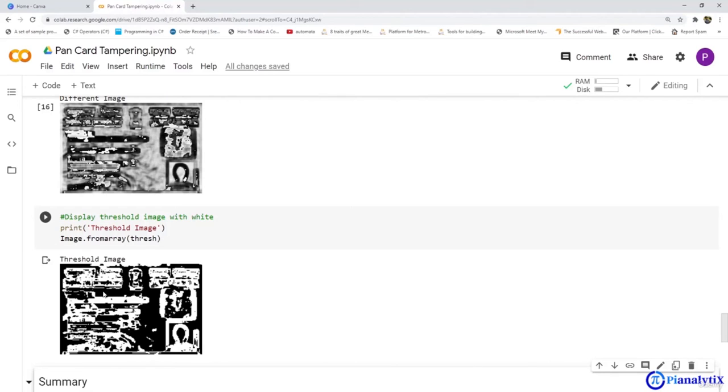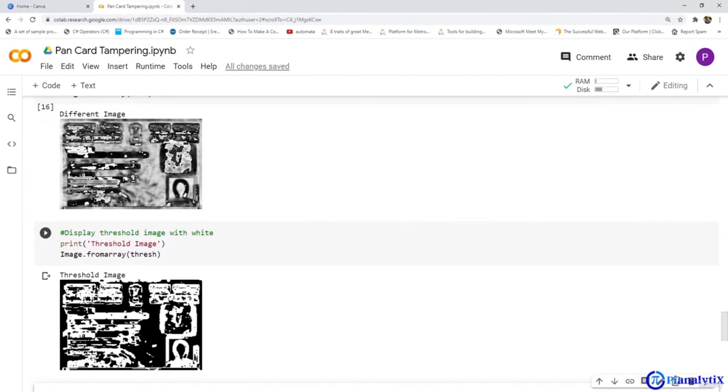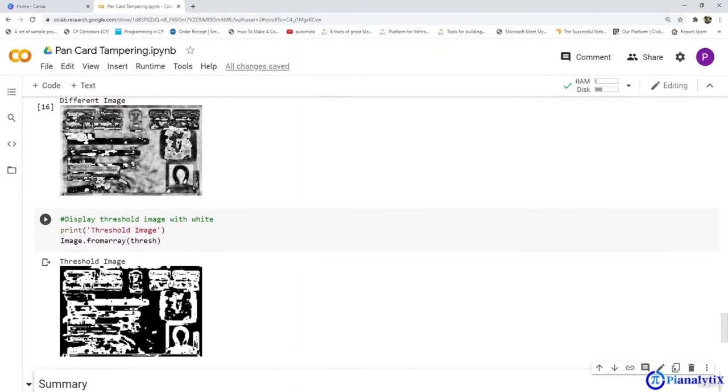So we can say that the images are not similar, they are different from each other to a certain extent. From both these images, this difference image and this threshold image, and the SSIM score, we can conclude that the image the user provided, which we have stored in the tampered variable, is actually a tampered image. And you see how easily we have calculated the SSIM index and come to this conclusion.